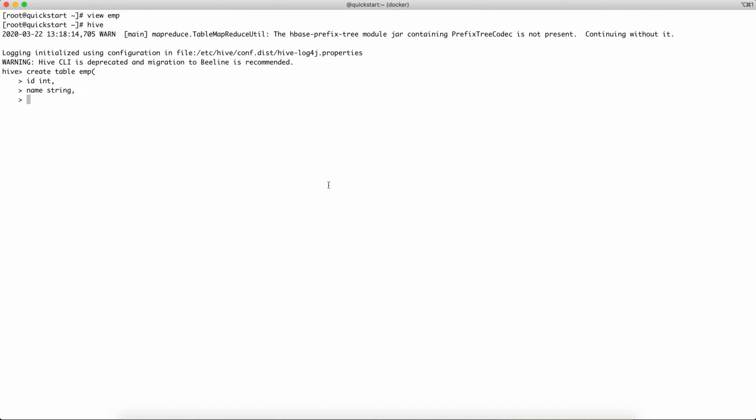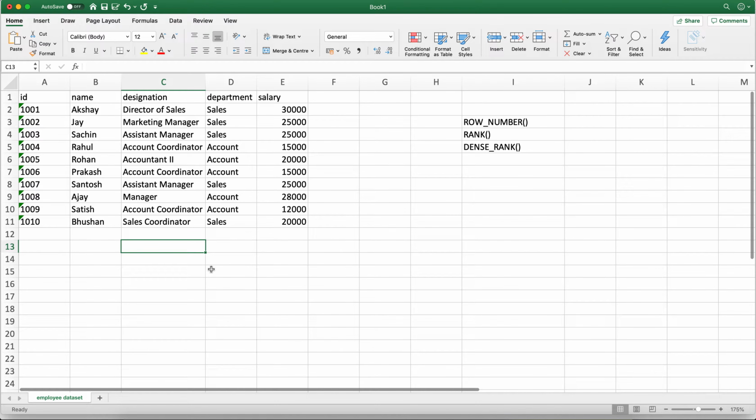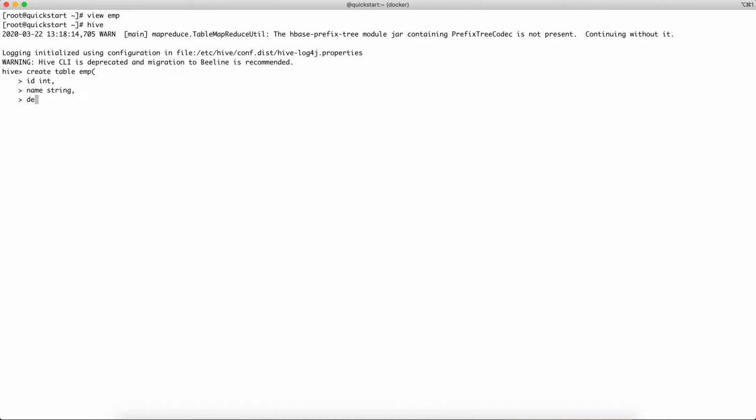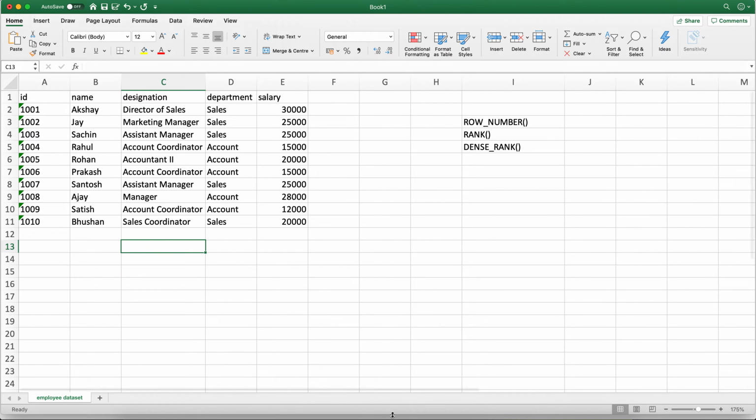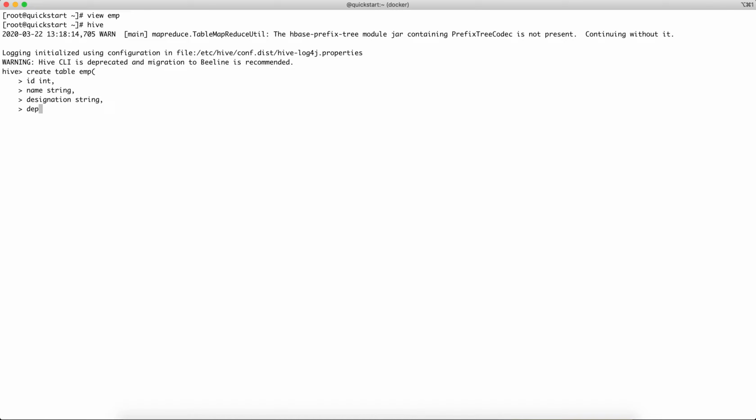The third column is, I guess, designation, so designation, comma, the data type will be string. Then we have department and salary. Department is again a string.